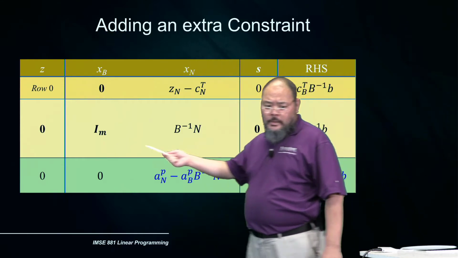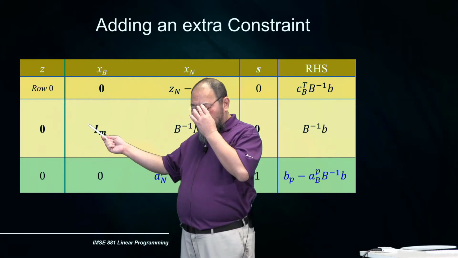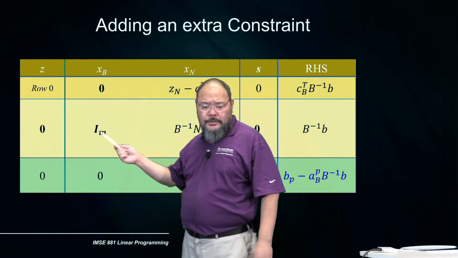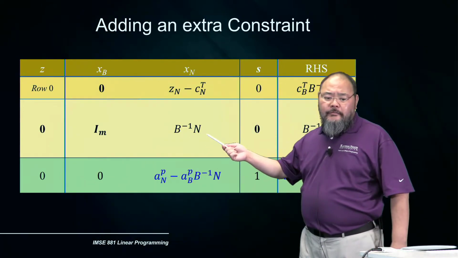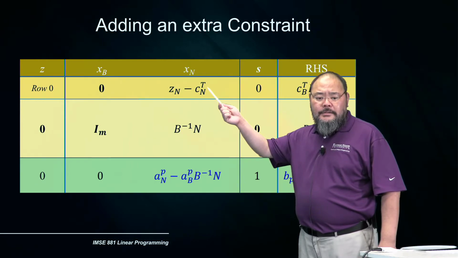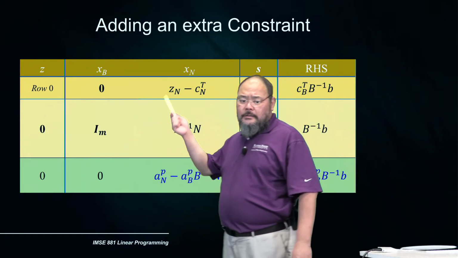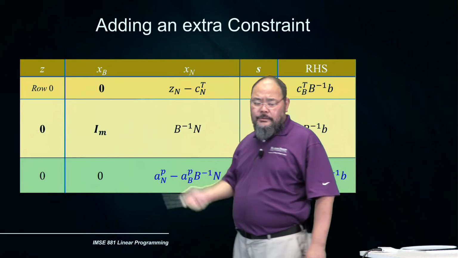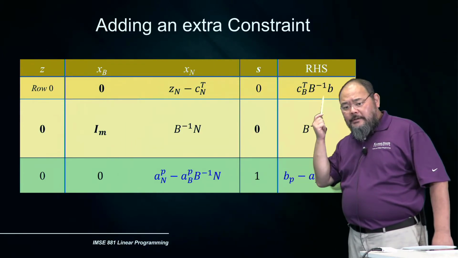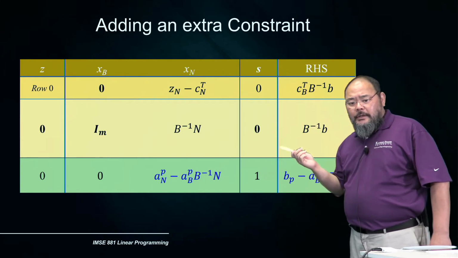In the optimal tableau right now, this portion will be the identity matrix, and this portion will be B inverse times N. On top will be Zn minus Cn for all the non-basic variables, which supposedly should be less than or equal to 0. And the right hand side is the current optimal objective function value, and this is the current